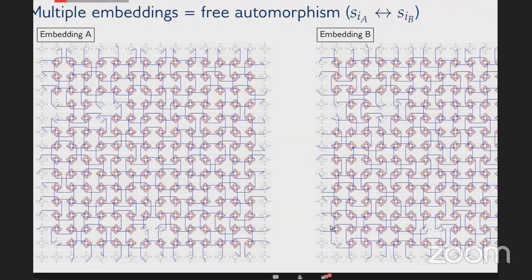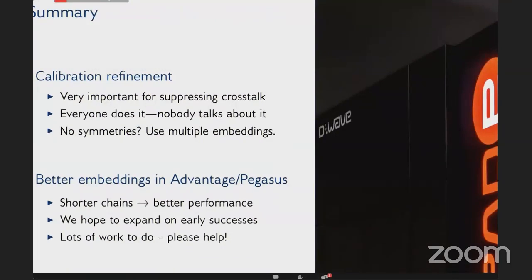And that's a really nice way to get around this problem if you don't have symmetries in the actual problem that you're studying. Okay, so just to wrap up,